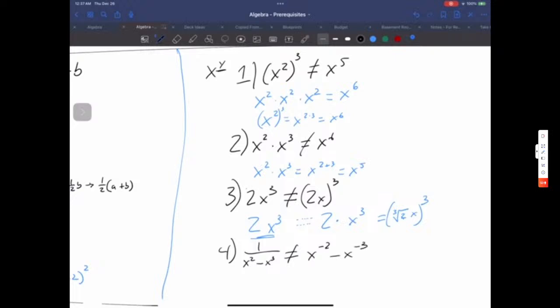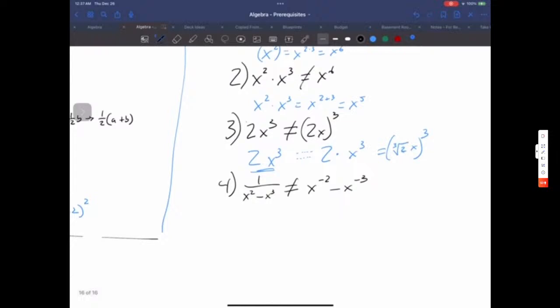We can bring things up with an exponent, but the proper way to bring that one upstairs with the negative exponent is that it is equal to x squared minus x cubed, the whole thing to the negative 1. And that negative 1 does not distribute